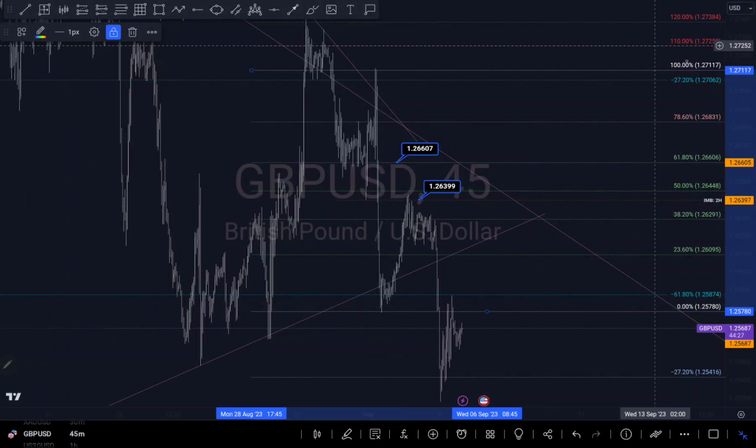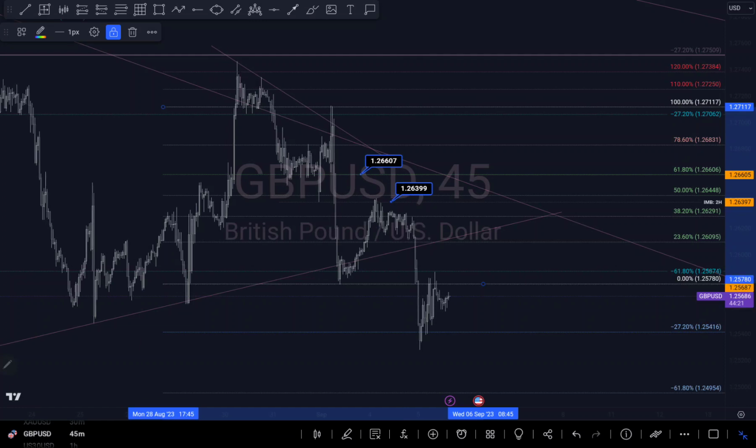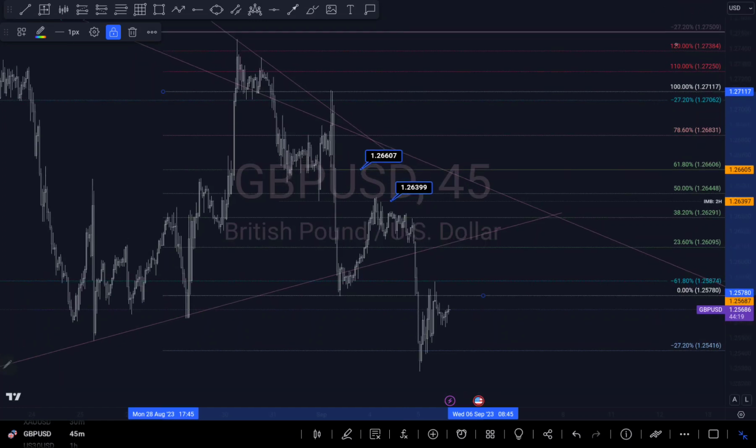Hi guys, so this is my analysis on GU. What am I expecting on GU? If you watched my previous analysis on GU, I said I was expecting GU to push to the upside to my target, which is